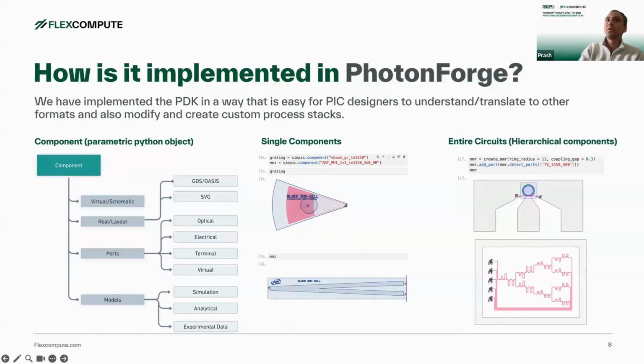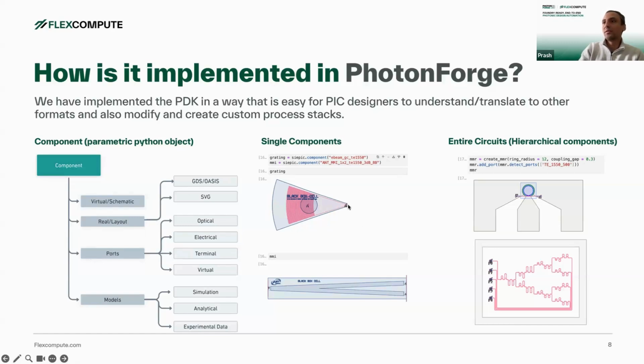You can also call that a component. But a component can be either virtual and schematic, or it can also be real in the sense that it has a layout attached to it. If it has a layout attached to it, meaning it has some structures and geometry, you can actually export it to a GDS file. A component also has ports, like shown here, and ports